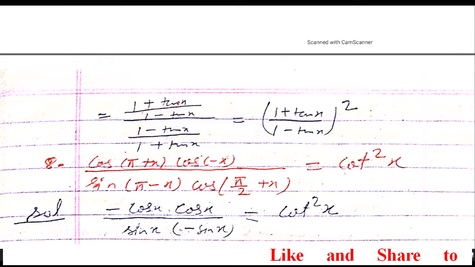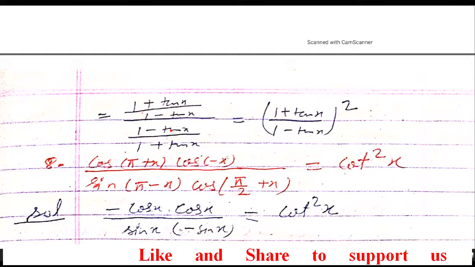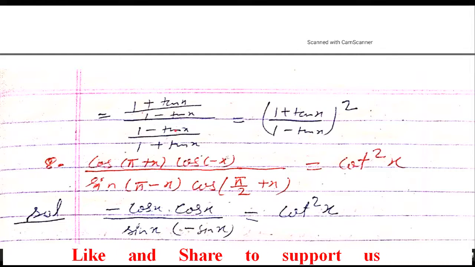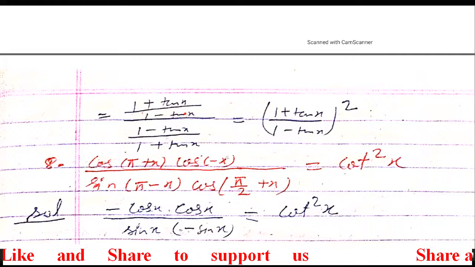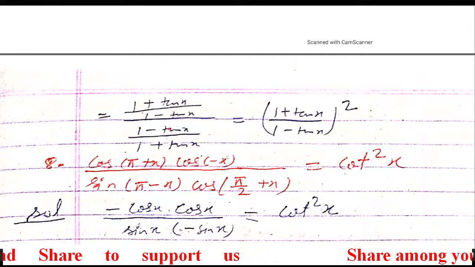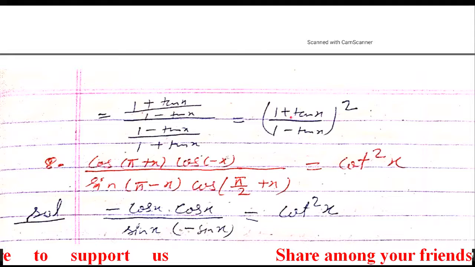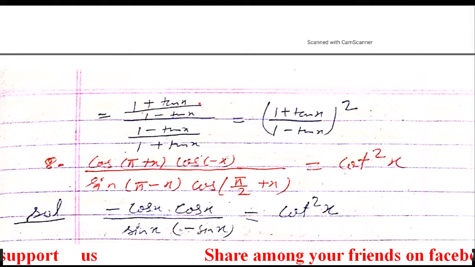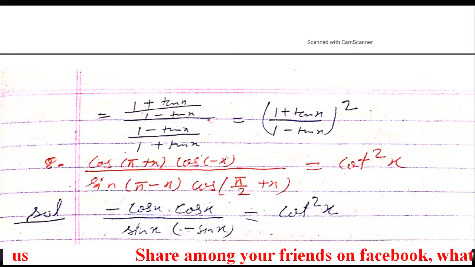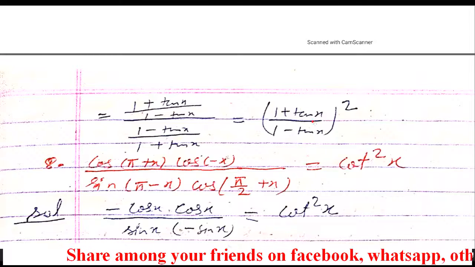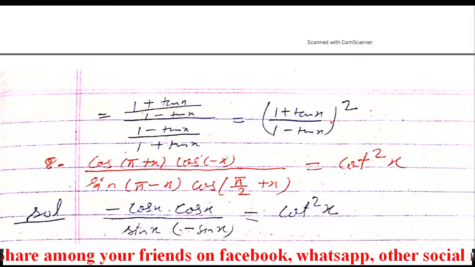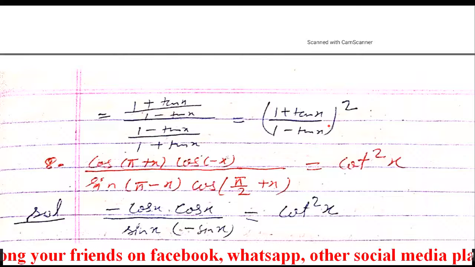So when you will divide first fraction by the second fraction, you have to do the reciprocal of second fraction, and when you will do the reciprocal of the down fraction, this 1 - tan x and this, the both fractions are going to be same. So because you are multiplying one fraction with this other fraction which both are going to be same, so whole square will come. So that is our right hand side, hence question number 7 will complete.